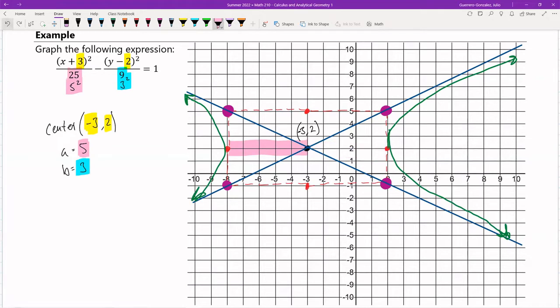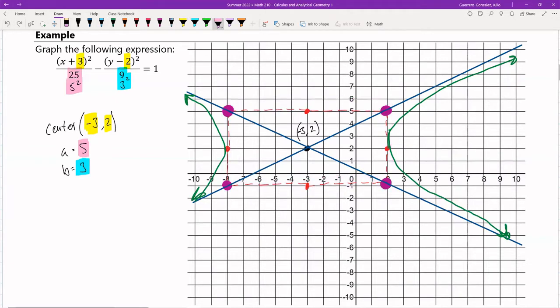Okay. And then the 3 tells us we need to go 3 vertically. So up 3, down 3. Okay. That produces our box. So if you remember that box that we had to draw, here it is. We have our box. Okay. Once our box is done, we connect